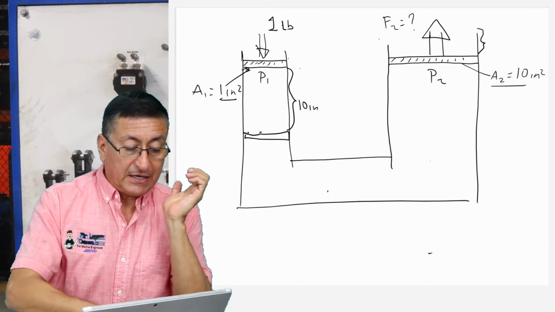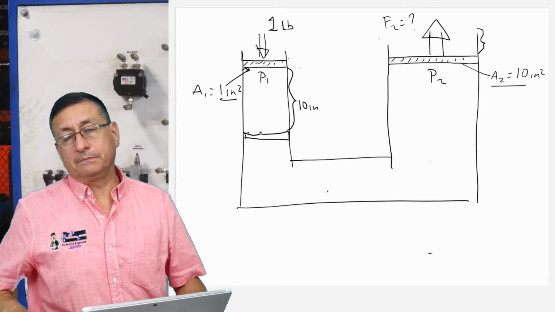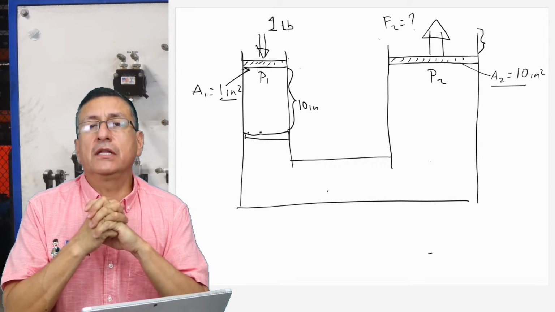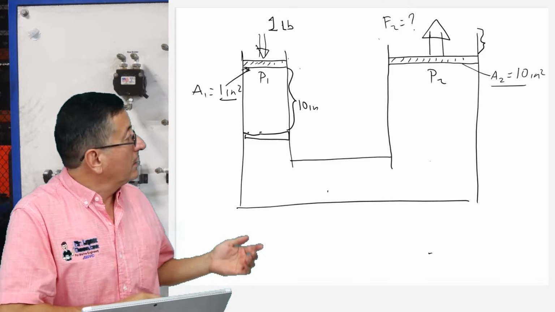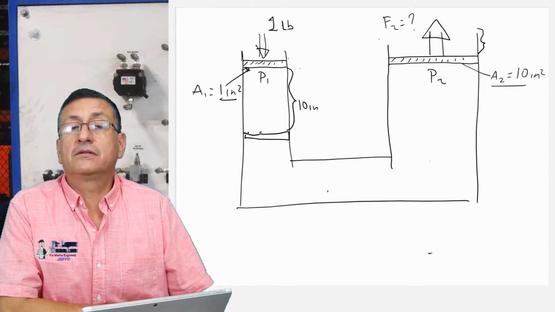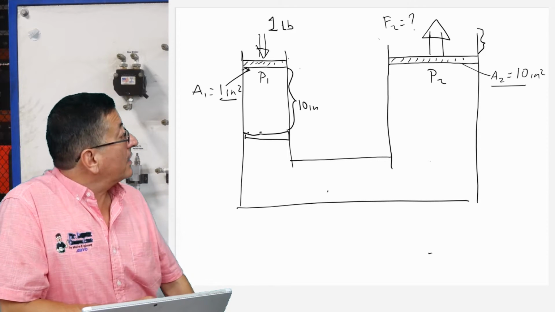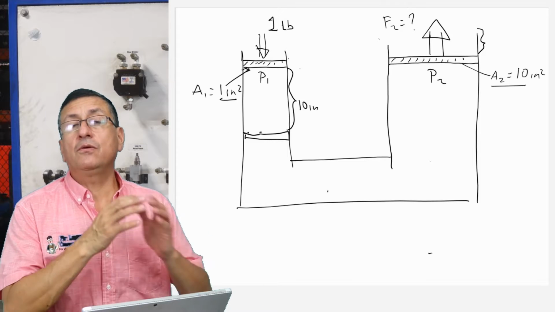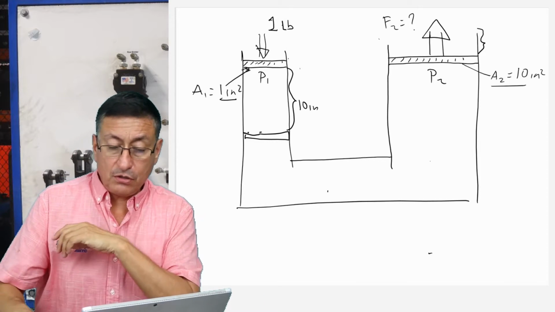Yes, this is a perfect example. Suppose that you have a closed container like this with 2 cylinders. On the left side of your screen is the cylinder with a small diameter. On the right side you have the cylinder with a bigger diameter. On the left side we have a cylinder with a piston.